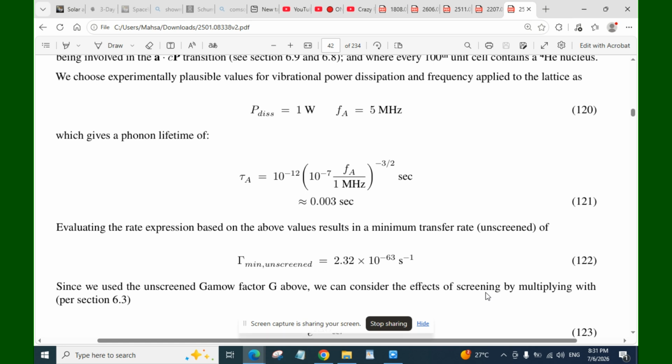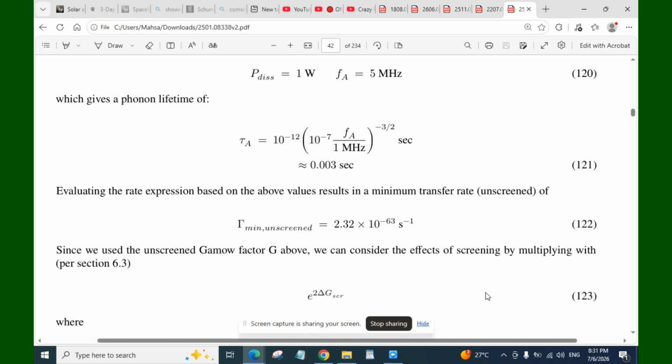Experimentally plausible values for vibrational power dissipation and frequency applied to the lattice are P dissipation equal to 1 watt and a frequency of 5 megahertz, which gives a final lifetime tau r equal to 10 to the power of minus 12 multiplied by 10 to the power of minus 7, divided by 1 megahertz to the power of minus 3 divided by 2 seconds, equal to 0.003 seconds. Evaluating the rate expressions based on the above values results in a minimum transfer rate on screen of